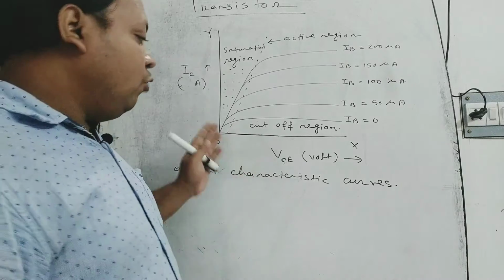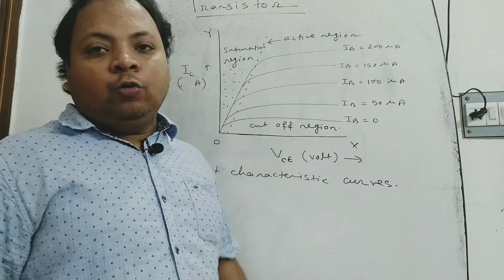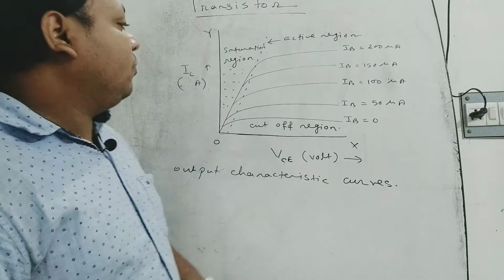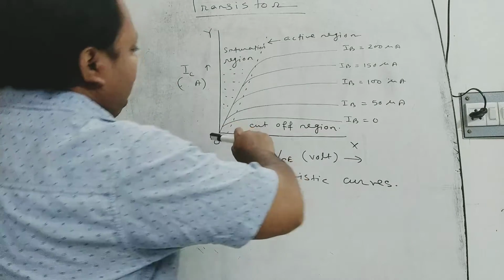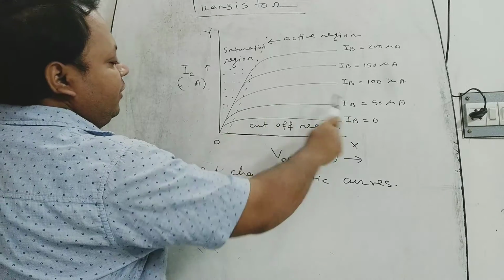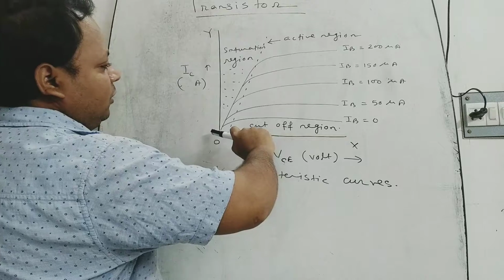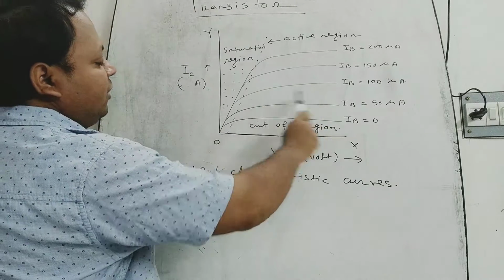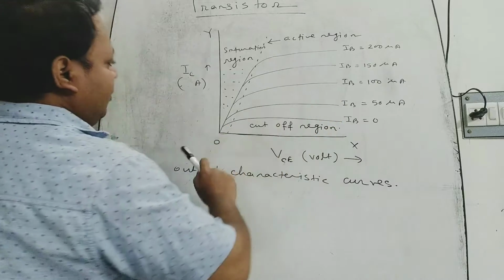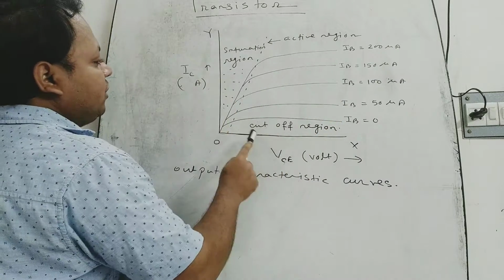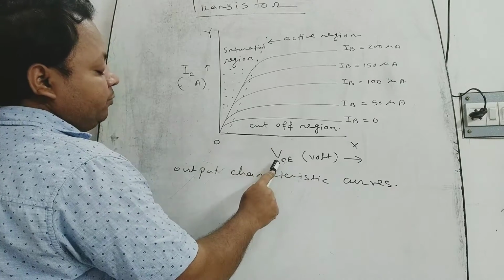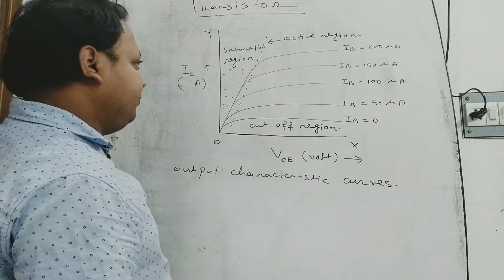This is the output characteristics graph, which is very important for amplification. Here, when the base current IB is kept constant, each graph shows this path. This graph shows the variation of collector current with the potential difference between collector and emitter.